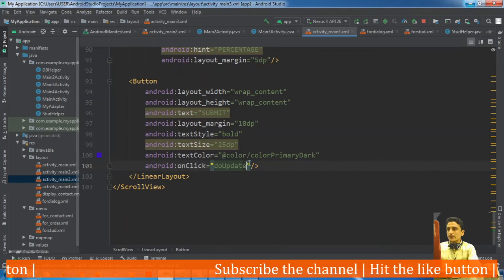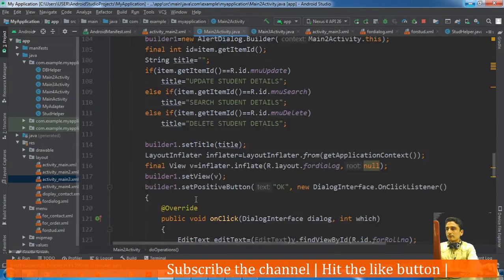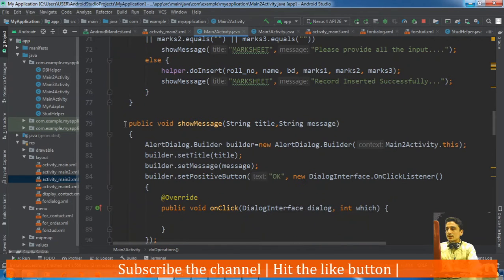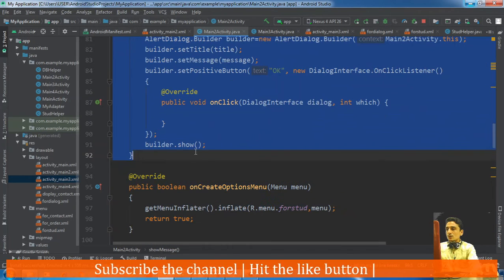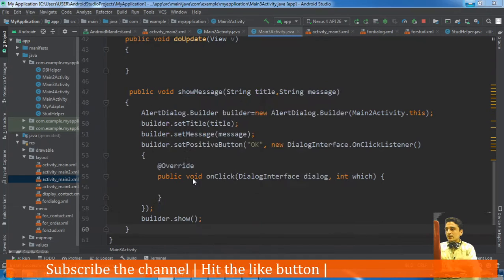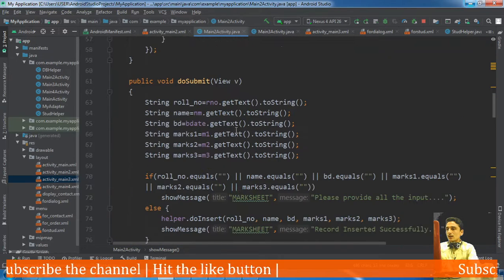Now the same code which we have written in doSubmit will be used also here. Where is doSubmit? Yeah. First of all, let's have this showMessage method in the activity for showing a message. Then the doSubmit method.